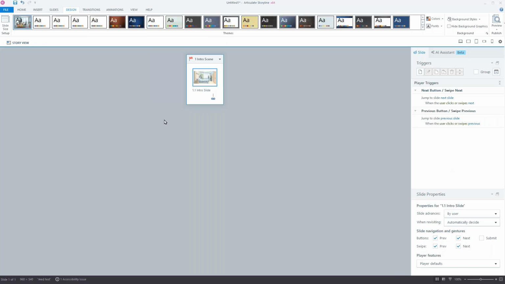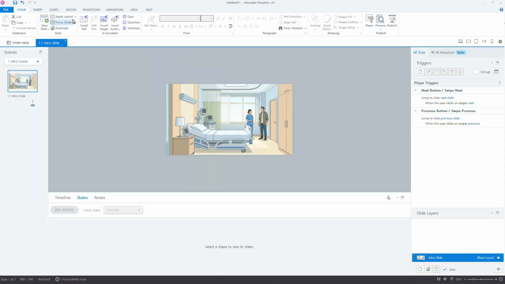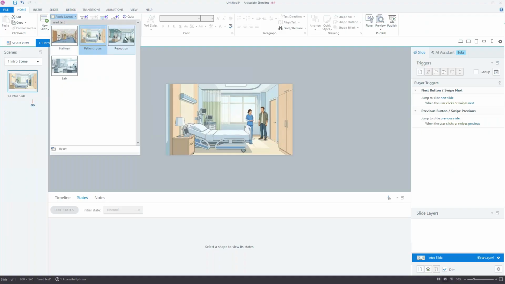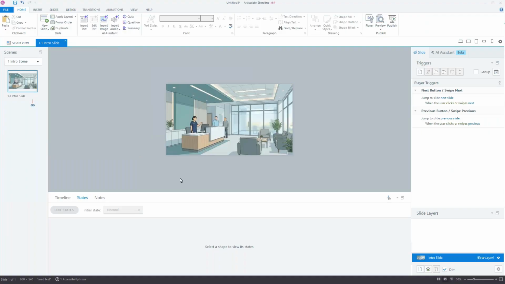And you can see it's got the starting slide. I can come into my layouts. Let's go ahead and look at the slide here. So I can come into my layouts here, and you can see I can, say maybe I want to do everything in the reception, and then put my characters in there or whatever I want to do. So this works. Obviously I'm speaking to the free character packs and the backgrounds I gave you, but